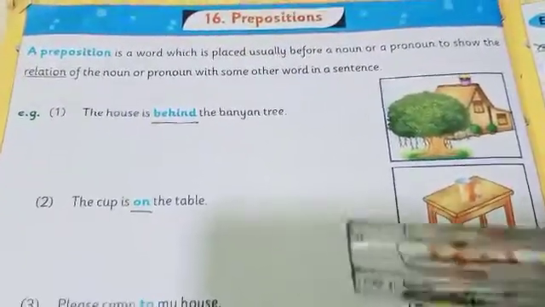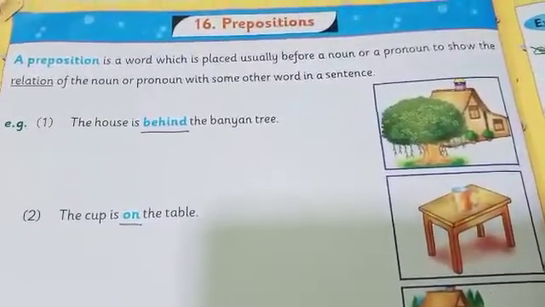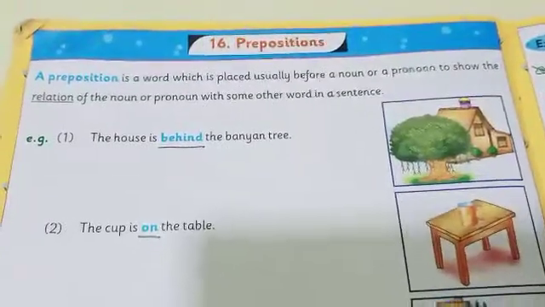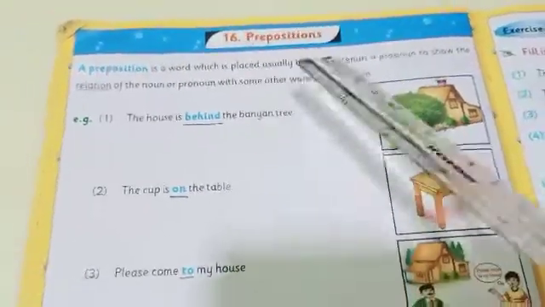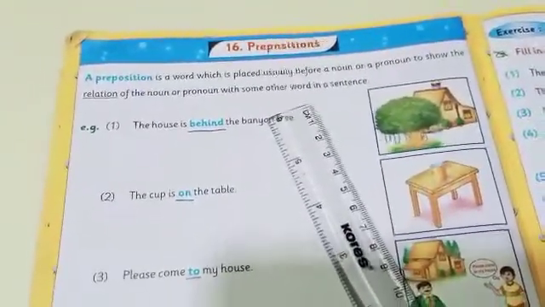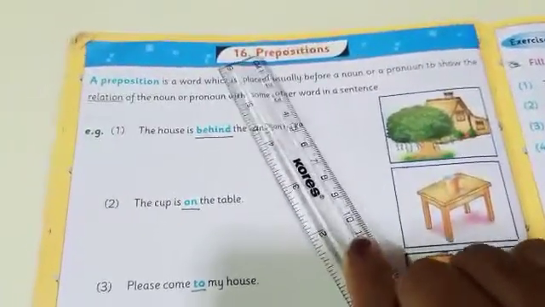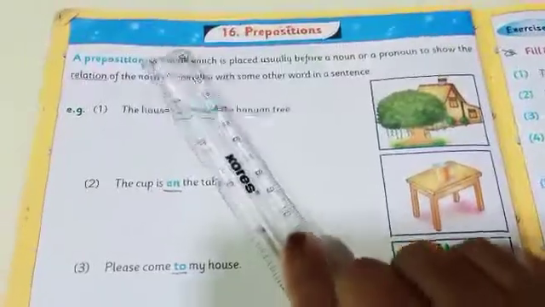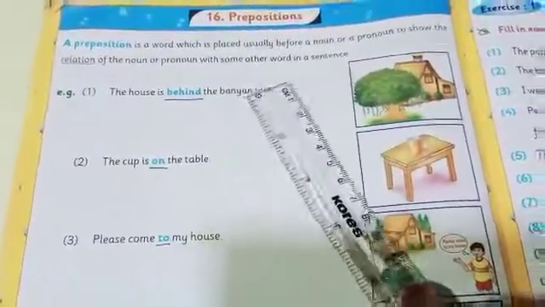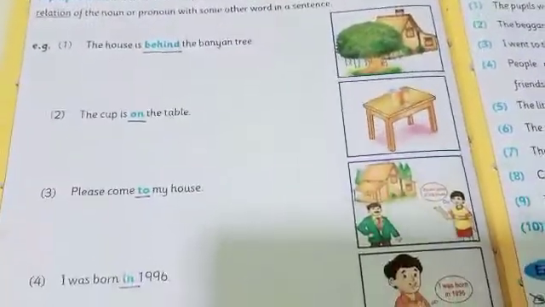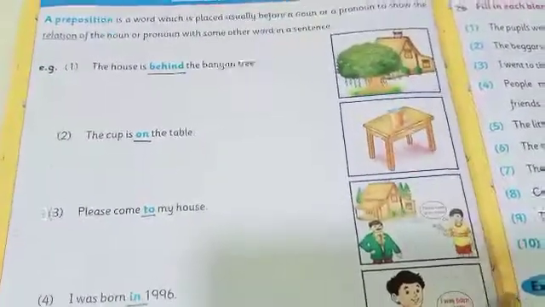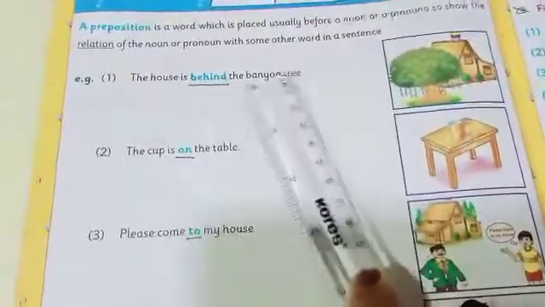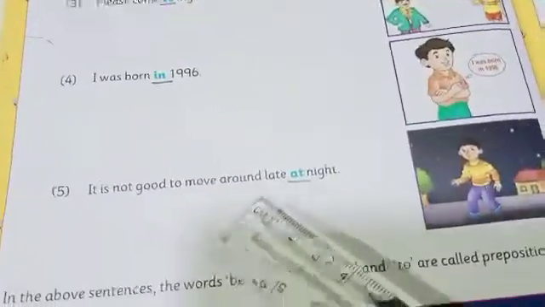You have to only follow the instruction the teacher is giving and then you can get to know what prepositions are. So this definition you have to copy in your grammar notebook. Write it the same way, okay? The name, the number of the chapter, the name, the definition in this manner, okay? And write the examples. No need to draw the pictures. I don't want you all to draw the pictures. Just write these examples in your book, 1, 2, 3, 4 and 5.